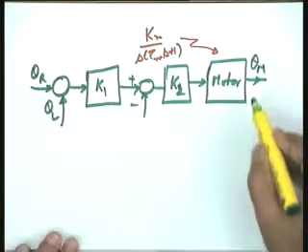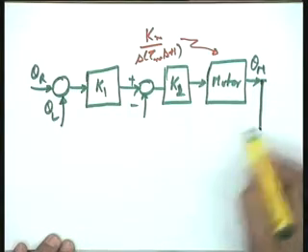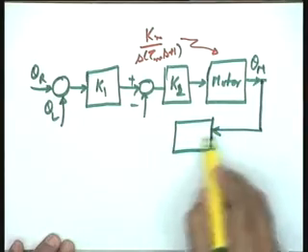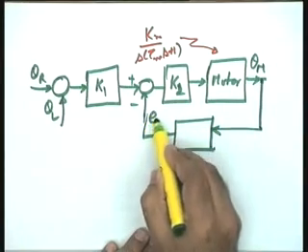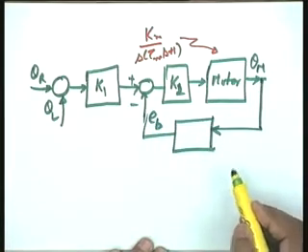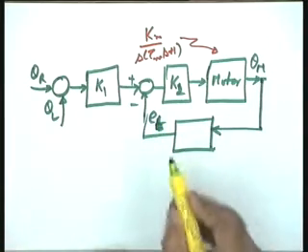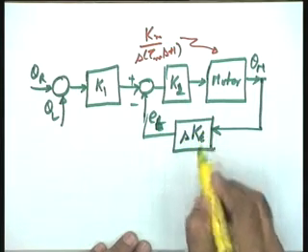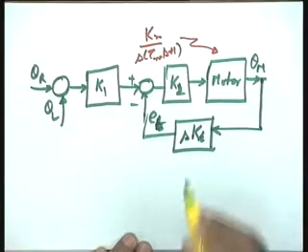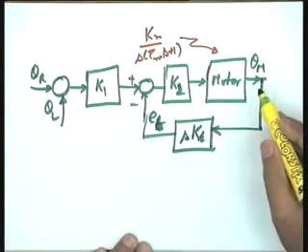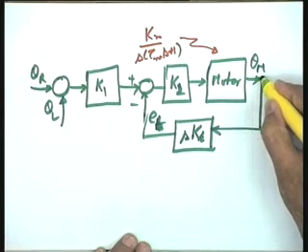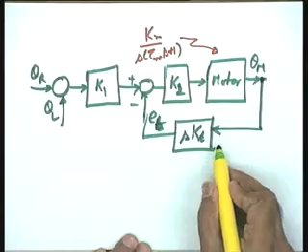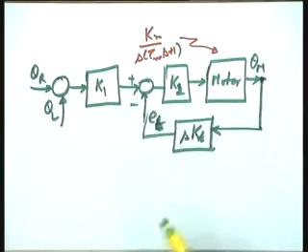Generating Kb and theta L. Help me please, how do I get this value Et from theta m? Give me the value of this block, I need your help now. Oh, I am sorry, I needed Et here, the tacho generator voltage. What should be the value? S Kt. Kt is the tachometric constant. Because the tachometer output Et is proportional to speed, and in the block diagram I am tapping my signal from theta m. So this becomes theta m into S Kt. This is Et, and this is the feedback signal available over here.